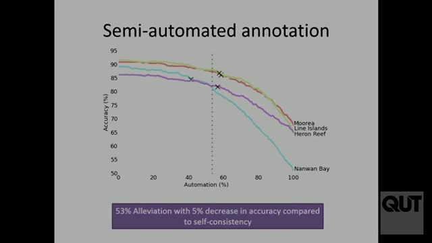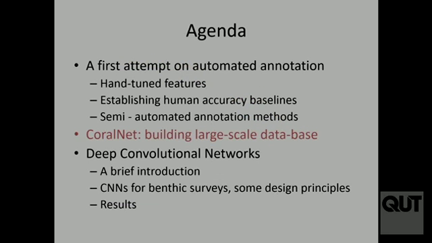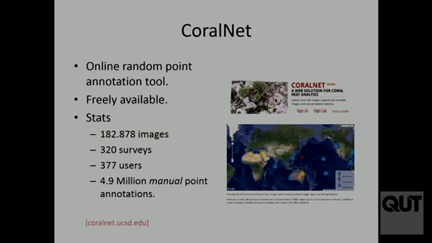The nice thing about these plots is that you start off really high with fully manual annotation. You drop a lot when you go fully automatic, but it's relatively flat at the beginning. So it turns out that even with this simpler method, you get about 53%. You can automate about half the work with very little loss in accuracy. That was encouraging, and we ended up building a system that we call CoralNet